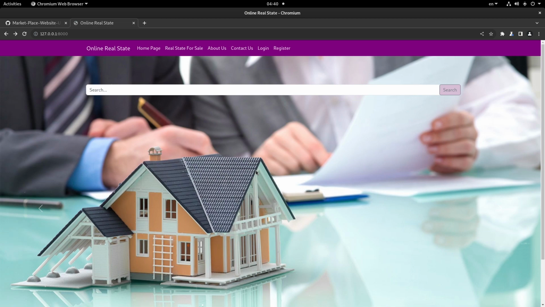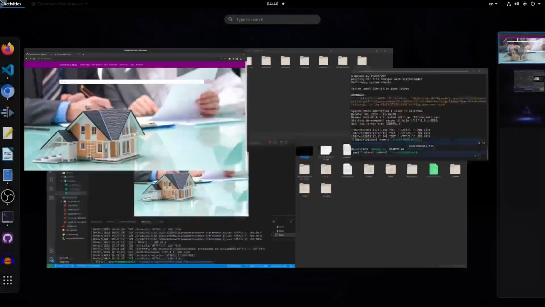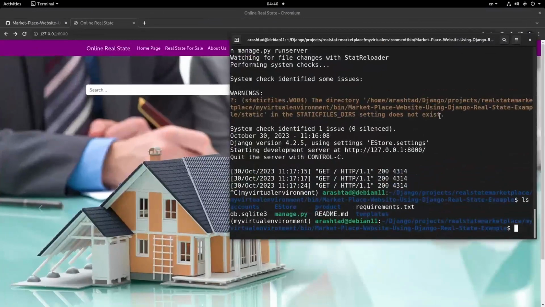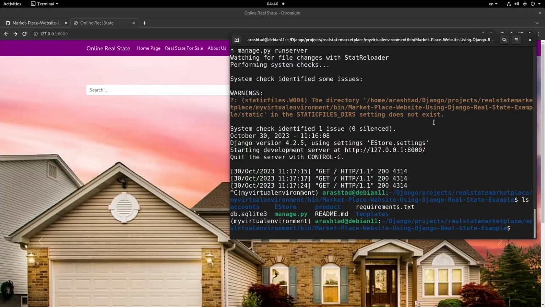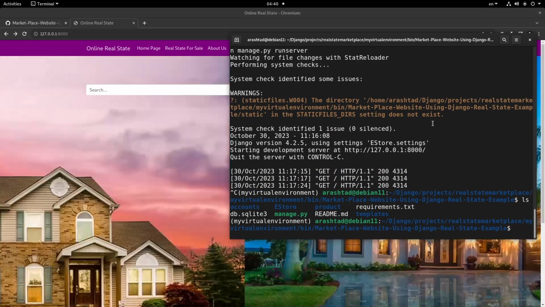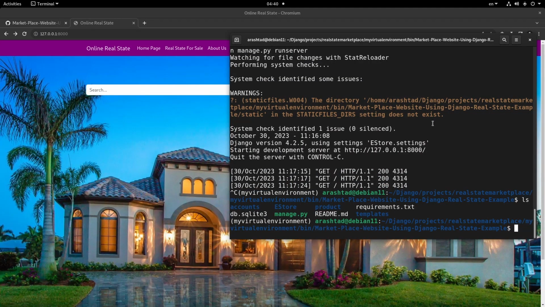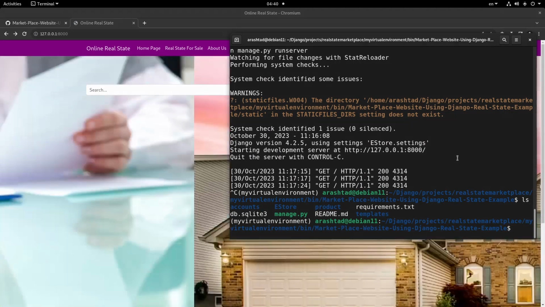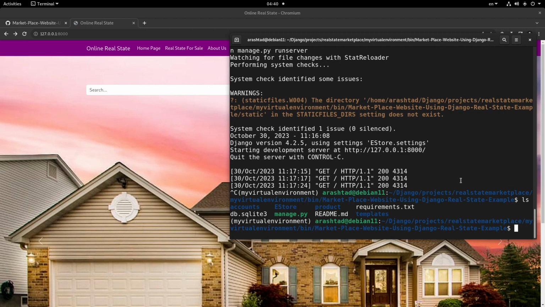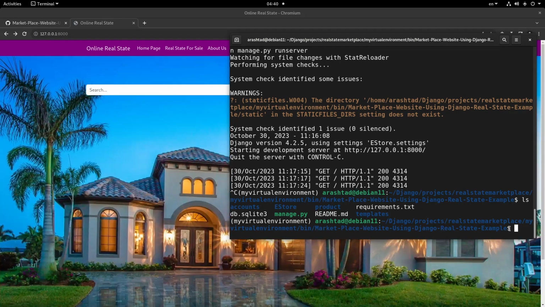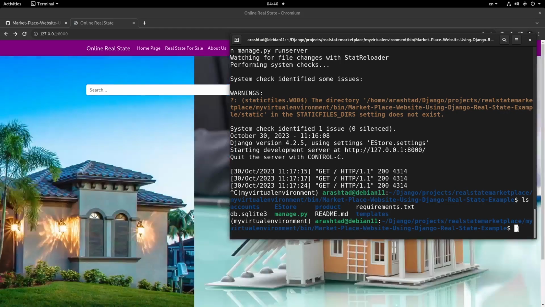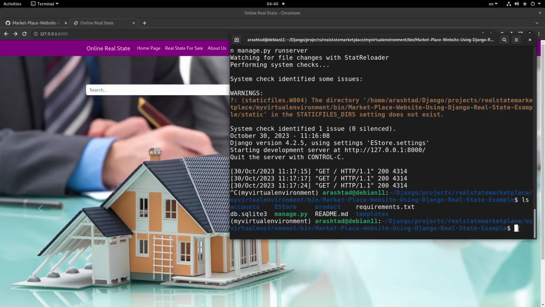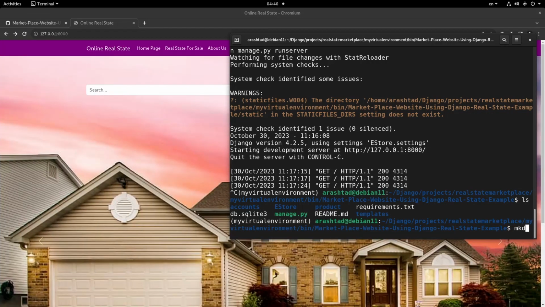The main reason is that once we collect the static files in our project, they will always remain there, even if the database, the media folder, and the static folders are git ignored and they're not in the project. Anyway, now that we have the project up and running, we need to add the static folder and also the media folder. So what I'm going to do is to run mkdir